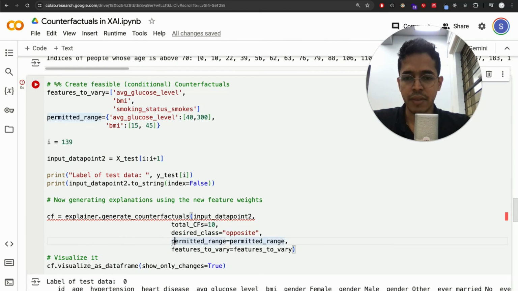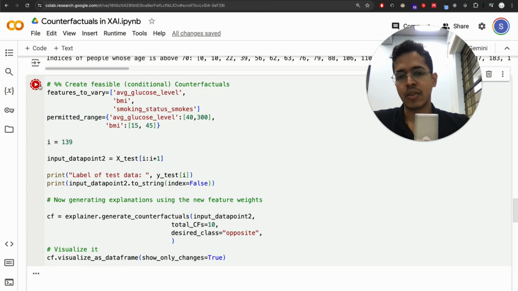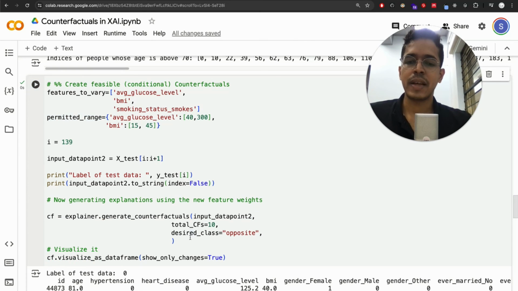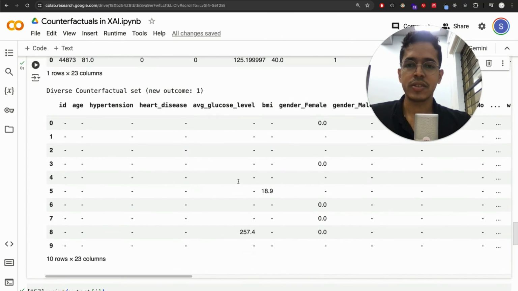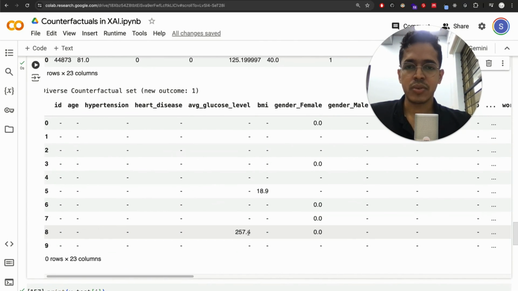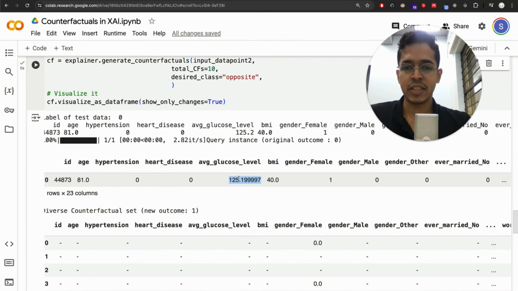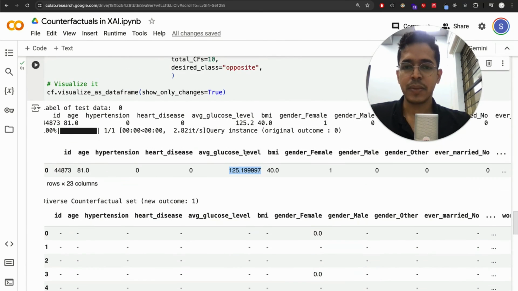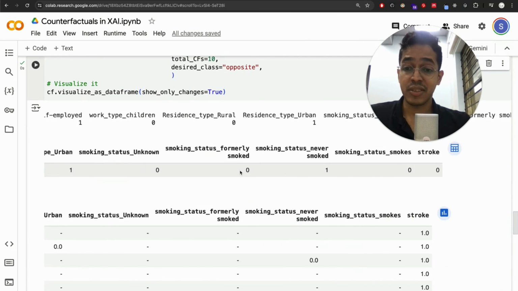Like, for example, if I remove this, right? If I remove these two, it's easy to generate counterfactuals, because now we are not limiting these parameters anymore, and it will generate as many counterfactuals as you want, because it can take crazy values. Average glucose level is 257. The original is 125. So to make this person of age 81, who does not have a stroke, have a stroke,